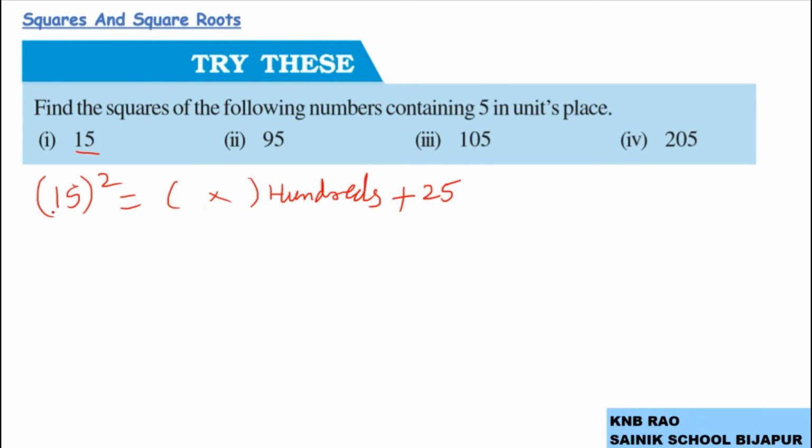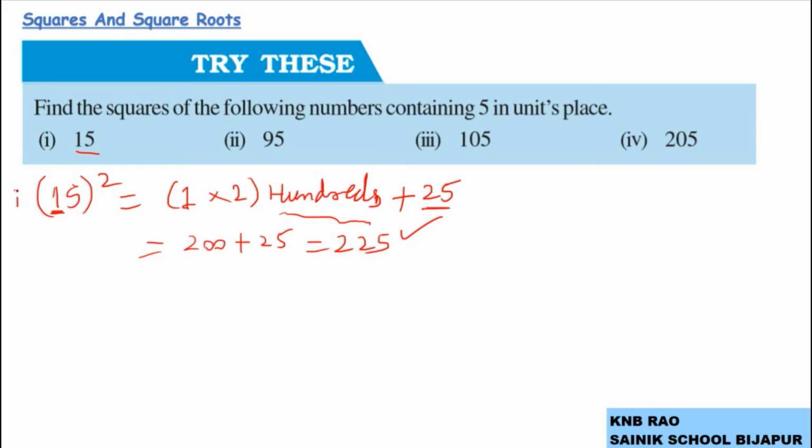find which are the digits other than 5. Other than 5 I have only 1, and that 1 and its successor. Its successor is 2. This product to be multiplied with 100. Hundreds nothing but hundreds place it gives, or number of hundreds it gives. So 100 plus any number ending in 5 ends in 25. So to be added 25. So 1 2s are 2, 200s are 200 plus 25 gives 225. That is the answer.